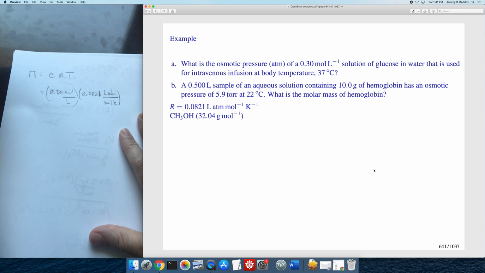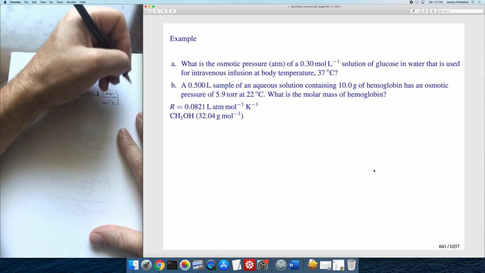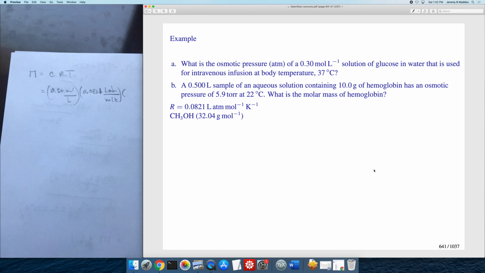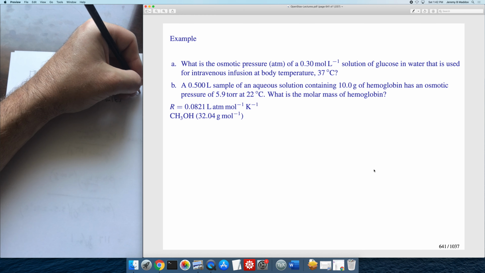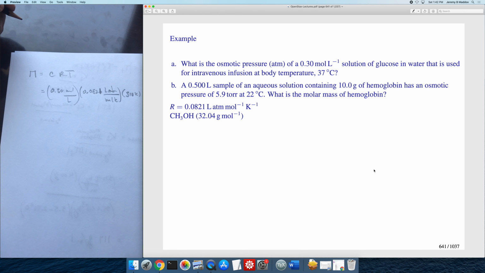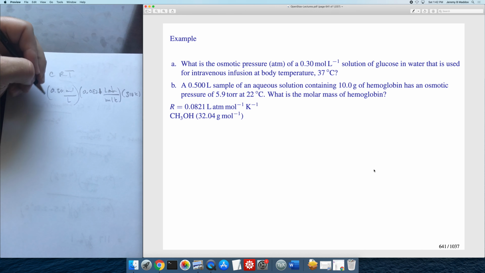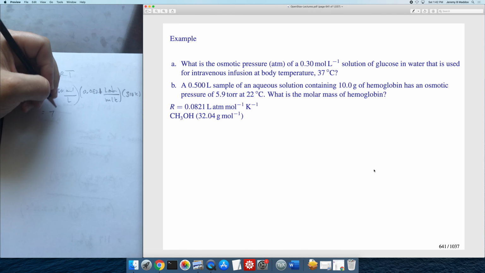Take that times the temperature. We need to convert the 37 to Kelvin, 310, times 0.0821 times 0.3, and you get an osmotic pressure of